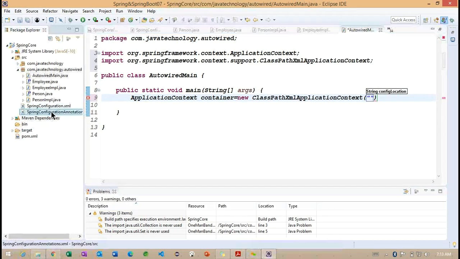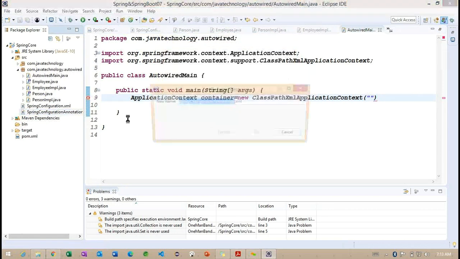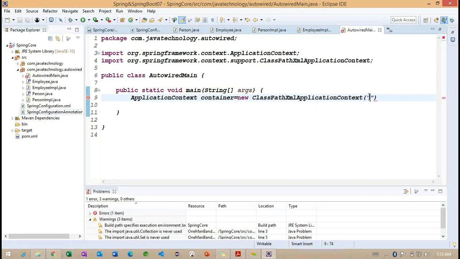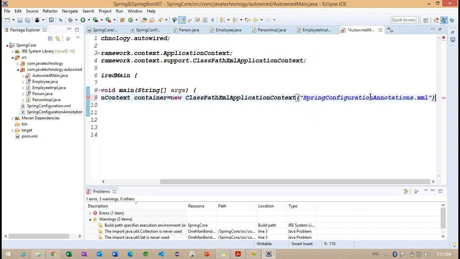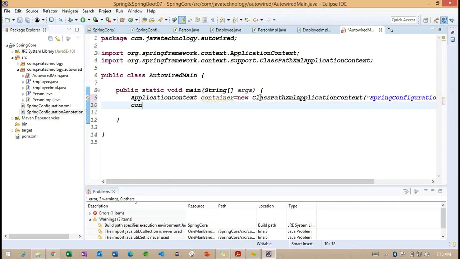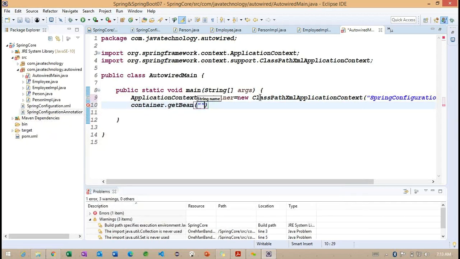What is the configuration file we are working with here? The string annotations.xml.